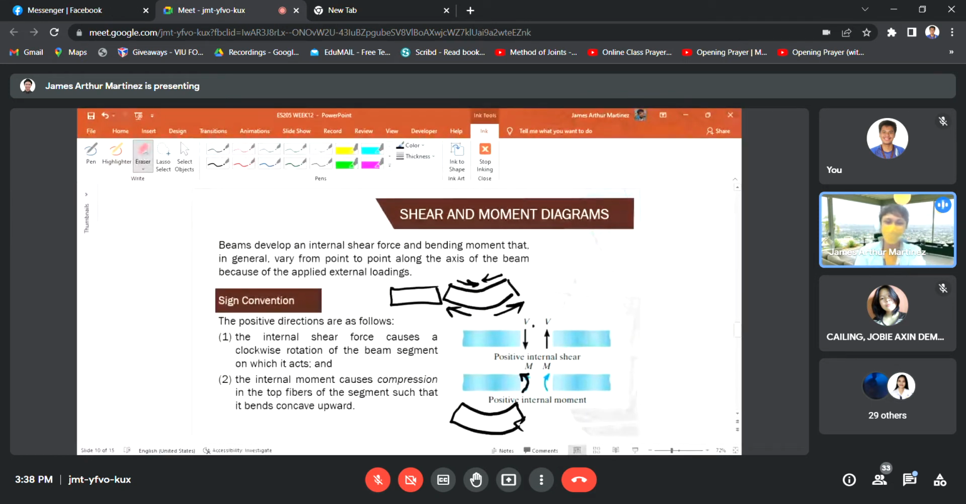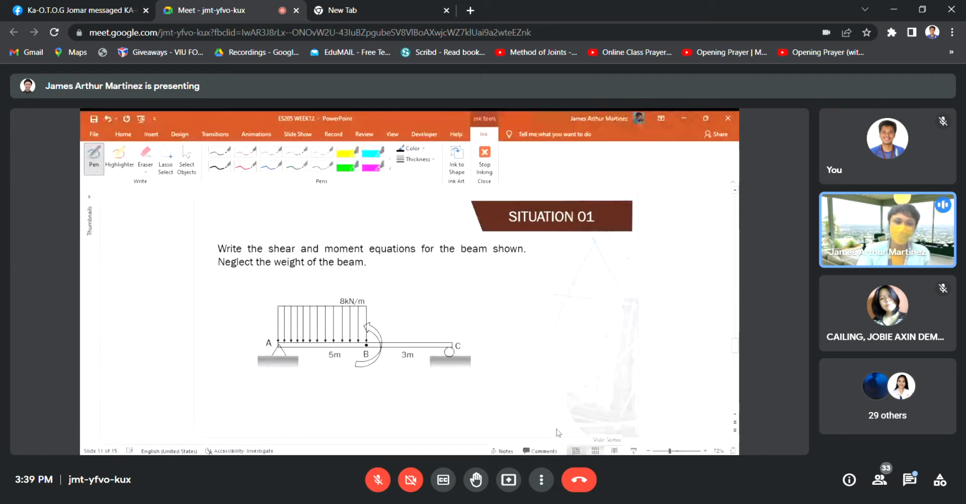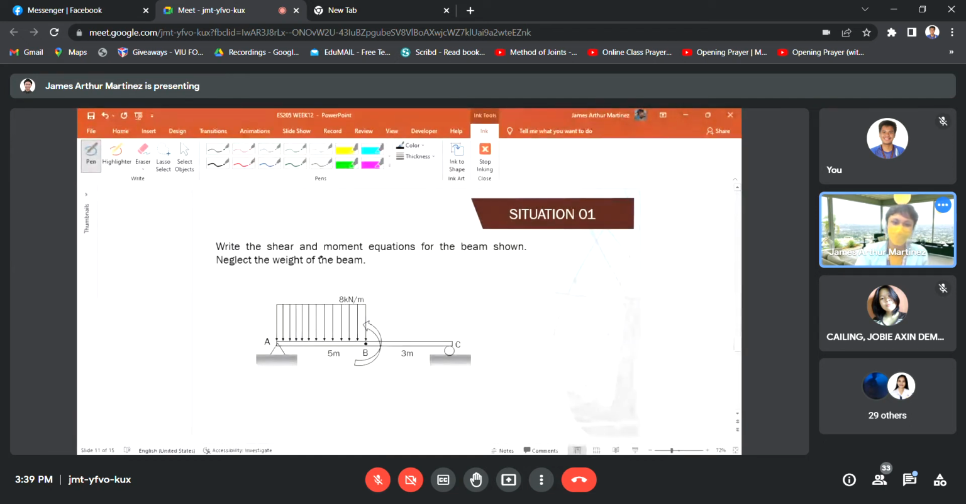Okay, so I hope klaro ang sign convention sa internal shear and moment sa pag-cut sa sections. Sige. So, to better illustrate the concept of shear and moment diagram, the shear and moment equation, let us solve sample problems. So, for situation number 1, we have: write the shear and moment equations for the